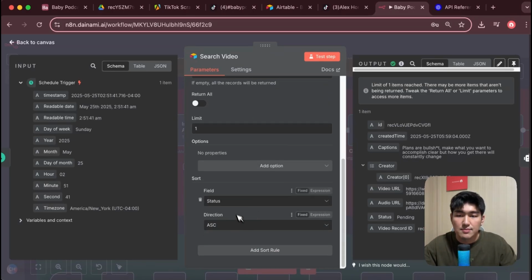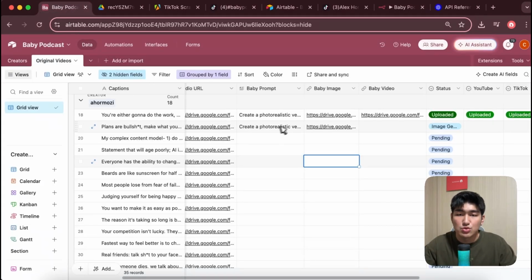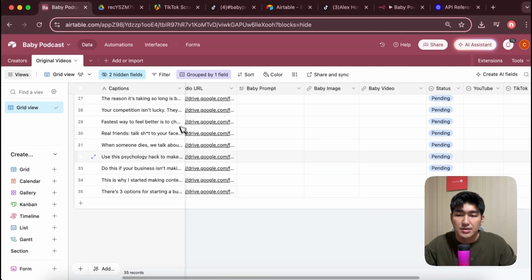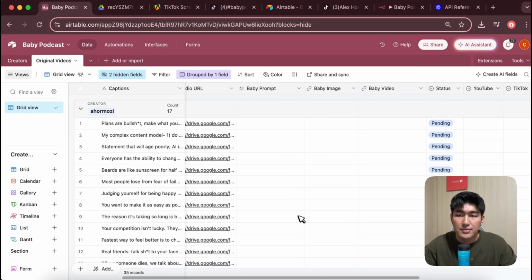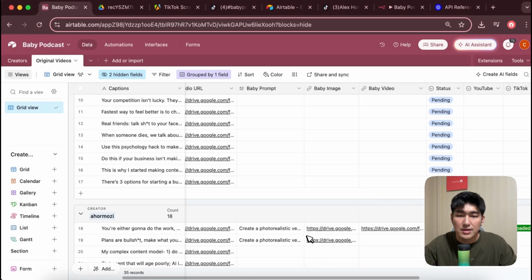Okay, and then I sort it by status. It will be from the very first video to the very last video one by one. So you can see over here, that's why we actually generated the image for this specific video instead of the others below as well. So it will go down in a sequential manner all the way down, and then it will go down from here as well. Okay, and then